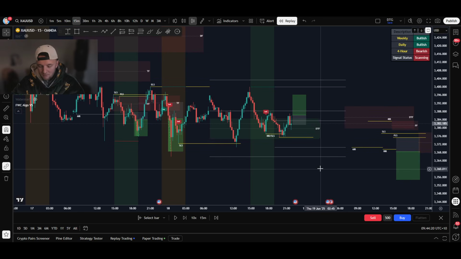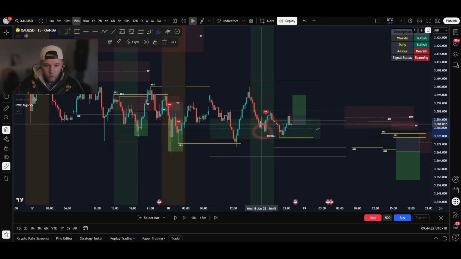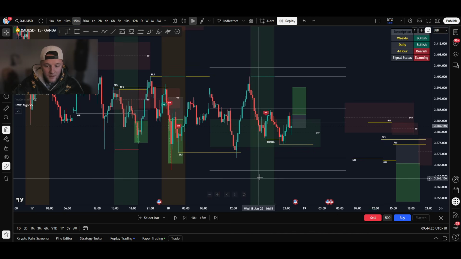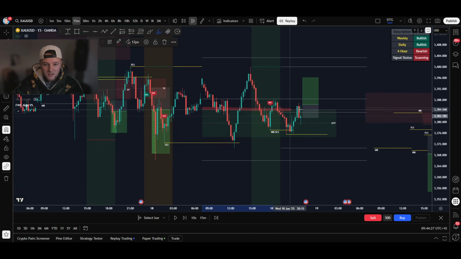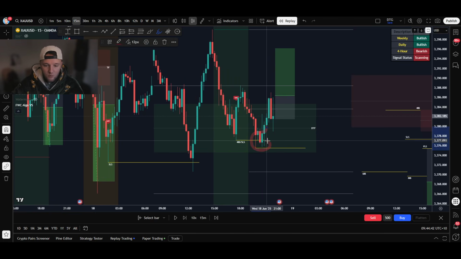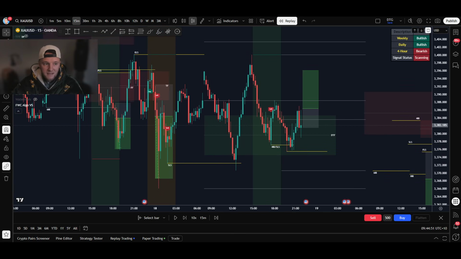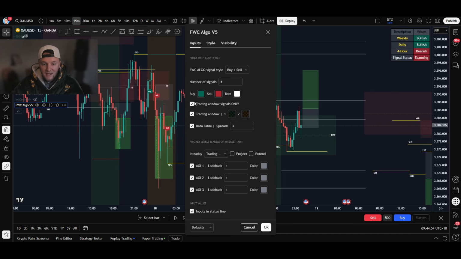Here, again, you're getting sell signals, but at this point, we are not looking for sells because why? Look at the zone we're in right here. We're in this green zone, which means we're looking for buys from this zone, the DTF zone. Okay. And what also happens is here we have a 4-hour inside bar, as well as SLS, bullish liquidity being grabbed. Okay. So right here, we spike down, we grab that bullish liquidity, as well as tapping into this key zone right here, this bullish key zone, grab bullish liquidity, and then we move up and there is a DTG indicator